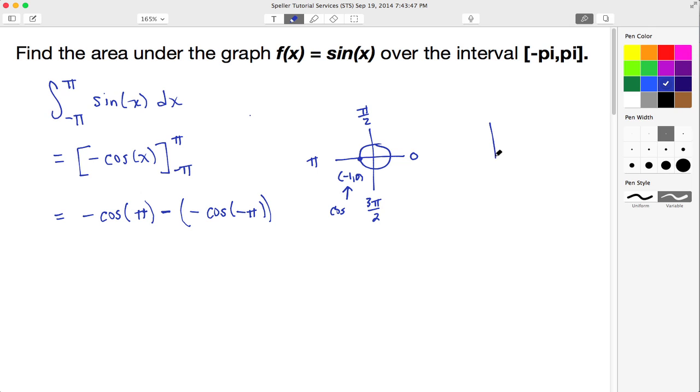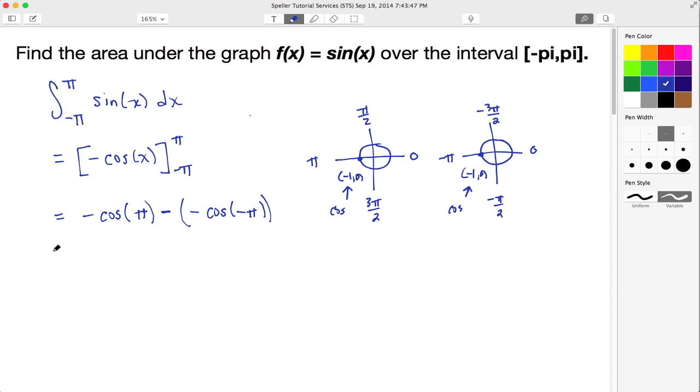And let's take a look at what this unit circle looks like if we're dealing with negative radians. Again, this location here is going to be -1, 0. And if we work our way around clockwise this time, this here is negative pi over 2. Over here is negative pi. And up here is -3 pi over 2. Again, we're focusing on the lower bound of negative pi. So that means we care about this x value of -1. So we see that cosine at pi and at negative pi both give us a result of -1.